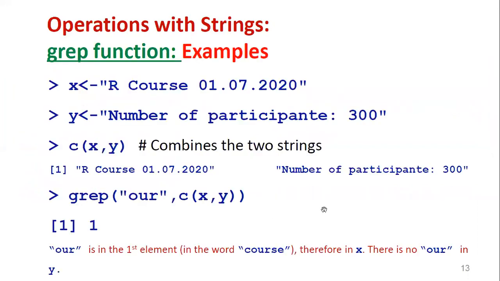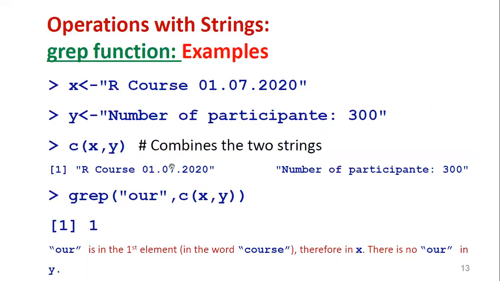Then some more examples by combining vectors. Here x is one vector, R course, and y is number of participants. Now c of x comma y combines the two strings x and y, which gives the result. Now by calling that vector, grep "our" from c of x comma y, it displays where "our" occurred.